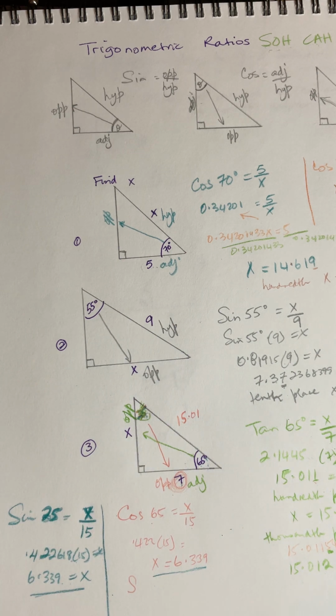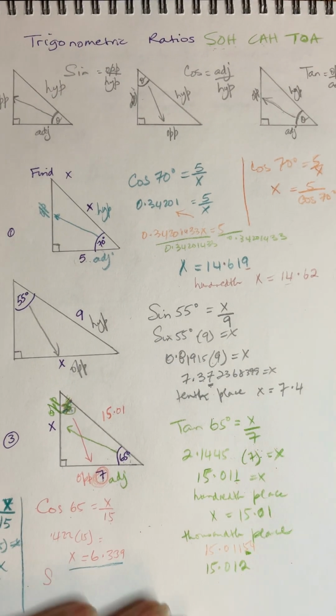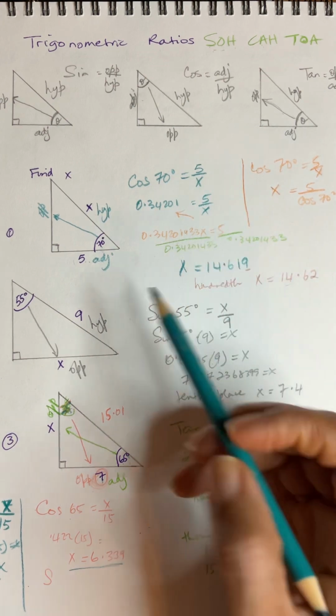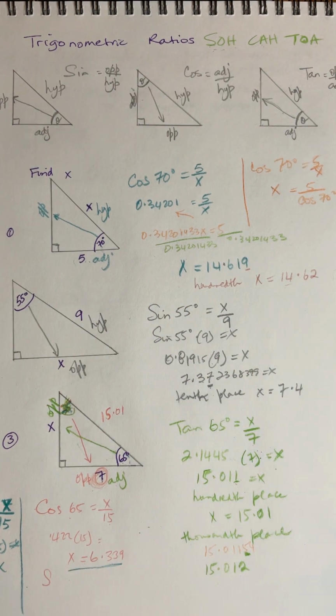Okay, so that's it for trig and its ratios. And please remember SOHCAHTOA, right? That's the easiest way you can use to remember your trig ratios. Label as you go along when you get your diagram, so you don't make any mistake. And if you're given word problems, please try to sketch a diagram of what the word problem is saying, so that will help you in solving it, because there will be word problems on any test, and you will have to use applied trig